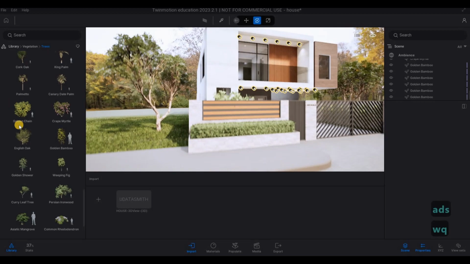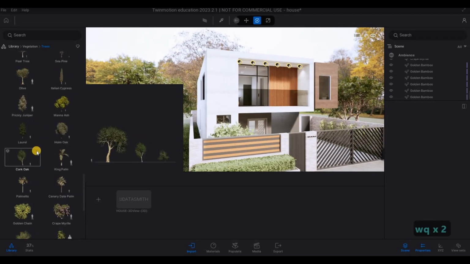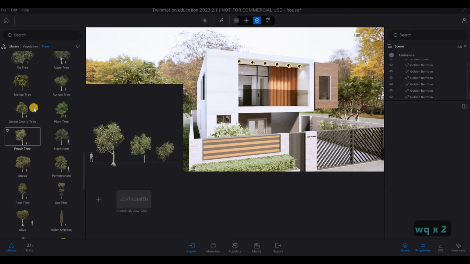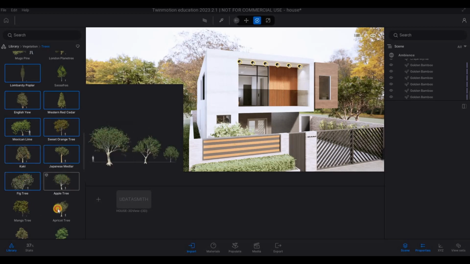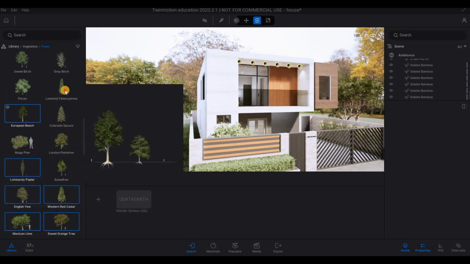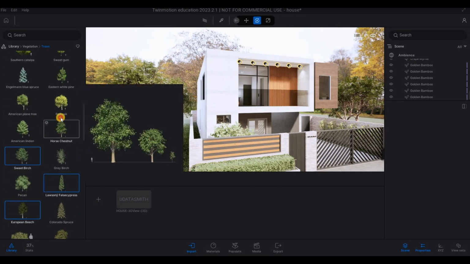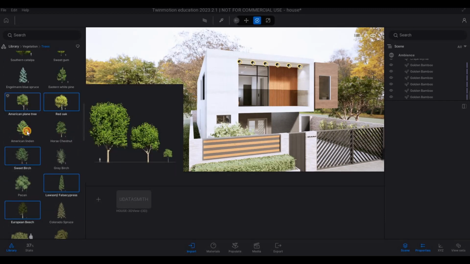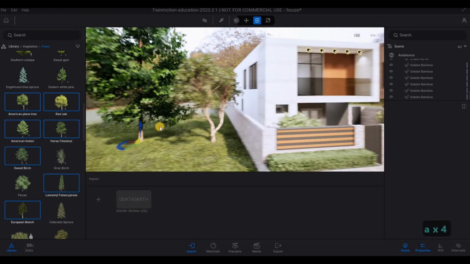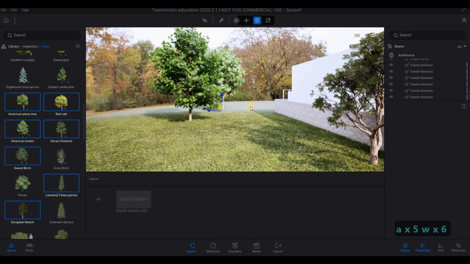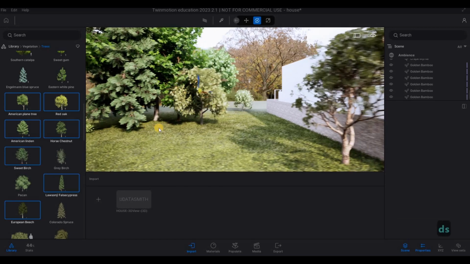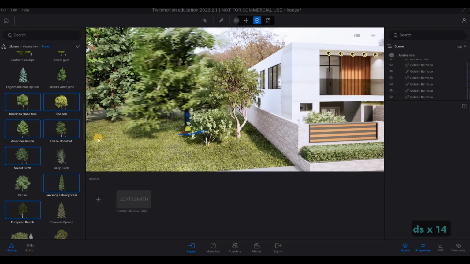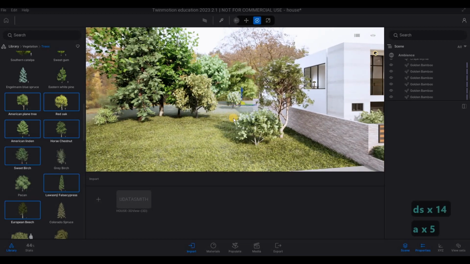And then now we could populate this. We could just keep on selecting if you want to. It's the same thing, same idea. And then you just need to keep on clicking the area. So here it will provide you different ones, maybe big ones at the back, and then